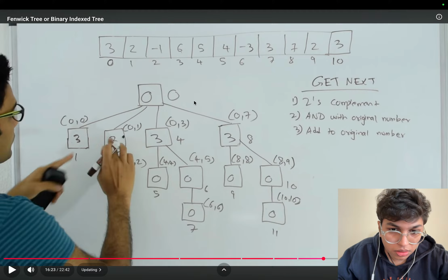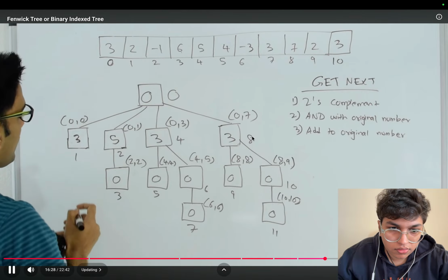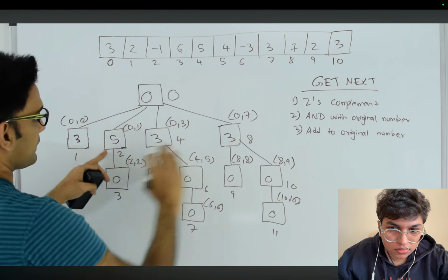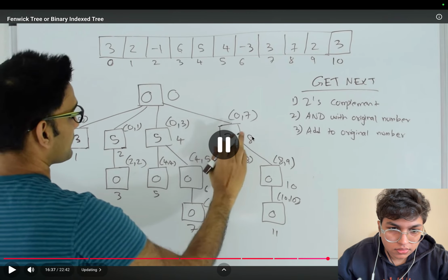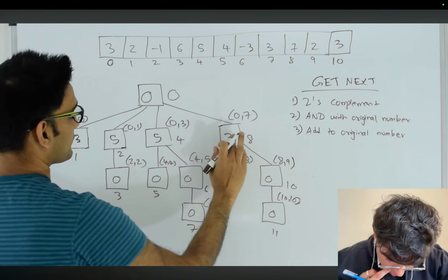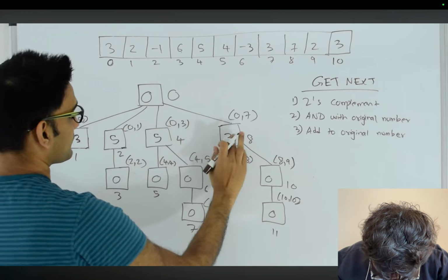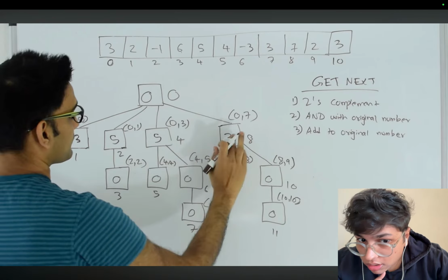So go to the third node. 3. So 2 plus 3, this becomes 5. And then I need to update everything after next of 2. So next of 2 is 4. So this becomes 5. And next of 4 is... Wait, why did I get 3? I should get